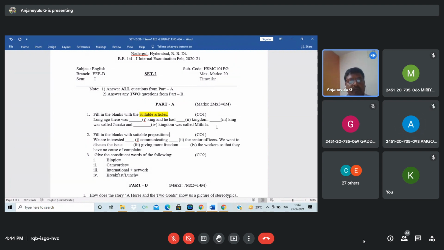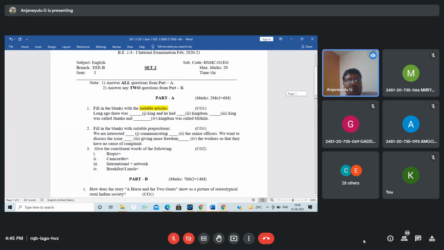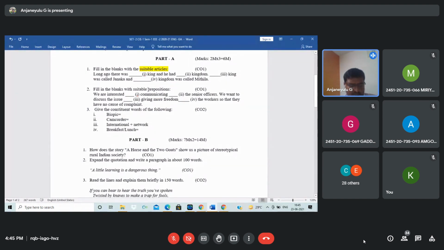So dear students, we already told the rules of articles. When initially before the noun, if it is singular, a comes before that; the same noun repeated in that context, we should use the, which is particular in that paragraph. So you go through those rules, you can understand. Next question, question number 2, they asked prepositions. Prepositions are many, but we need to write related or suitable prepositions.